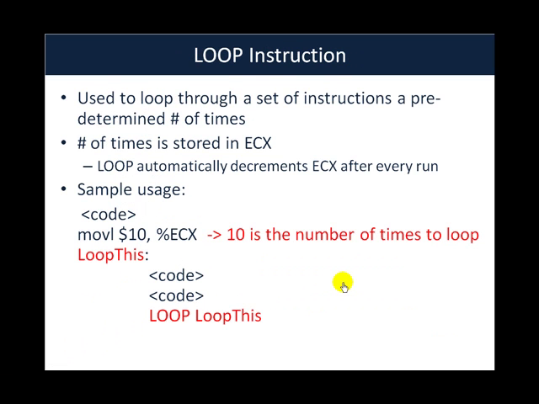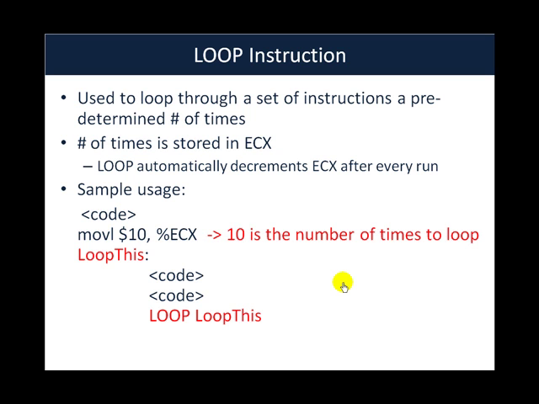So the next instruction for conditional branching is the loop instruction. Now this is very interesting simply because the loop instruction allows us to execute a set of instructions for a predetermined number of times. So let's say you wanted to print the hello world string 10 times. The way to do it with the loop instruction